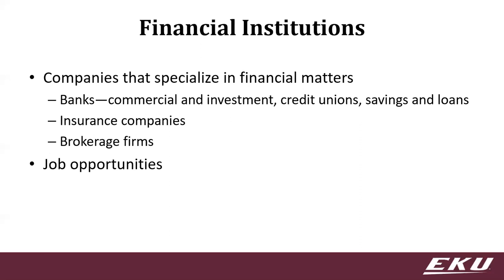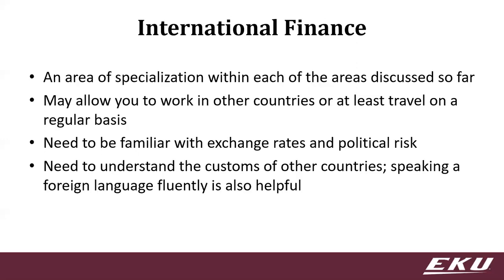Financial institutions are going to be companies that specialize in creating financial products or buying and selling them. So people often jump right to banks. That's a really obvious one for us, but insurance companies also are financial institutions. They're offsetting people's risk, buying and selling risk. And so they're heavily involved, as well as the fact that they have such large investments because they have to plan for making eventual payouts. And brokerage firms as well, securities dealers will fall under that area.